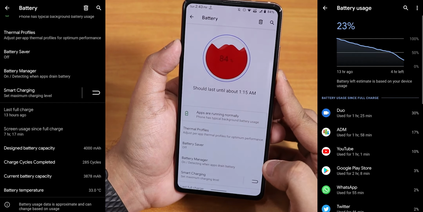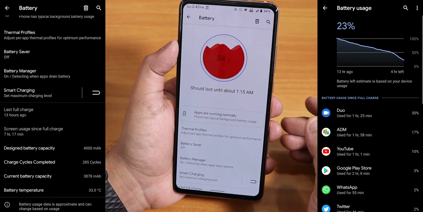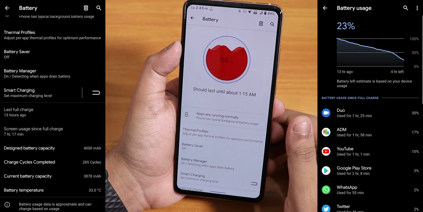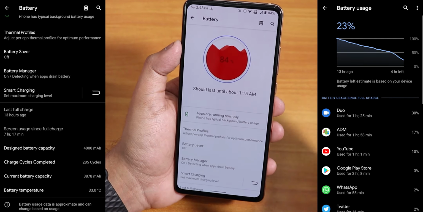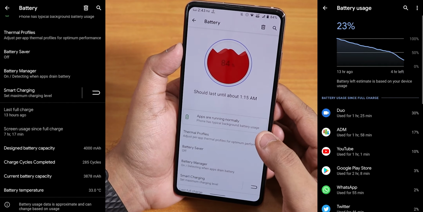Nothing to boast about, but yeah, the battery life is not bad at all over here. You can definitely get a full day of usage with a full charge every day on this ROM without any issues. And 18-watt fast charging is working flawlessly here, so that is not a problem either.